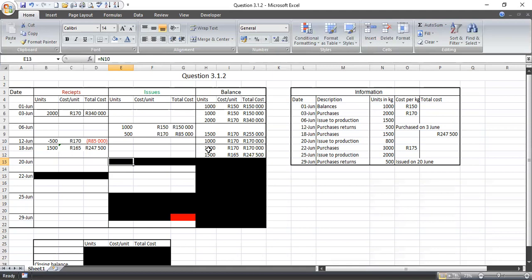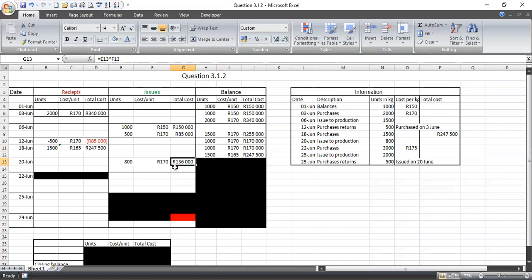So the issue will relate to these 1,000 units at a cost per unit of 170. So we'll have 800 units at a cost per unit of 170 and at a total cost of